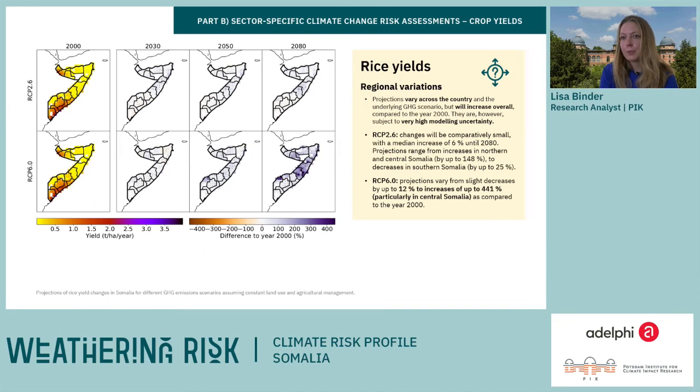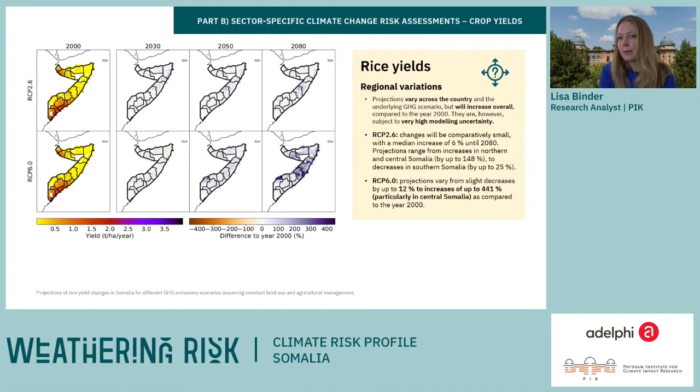Overall, geographically explicit rice yield projections, which you can see on this map, are highly uncertain and vary across the country and the underlying scenario. Under RCP 2.6, you will see an increase in northern and central Somalia and a decrease in southern Somalia until the year 2080. And under the high emission scenario, overall, we can say that rice yields are projected to rise,